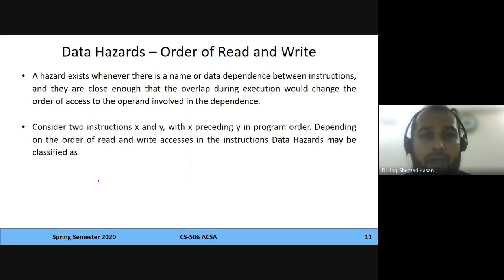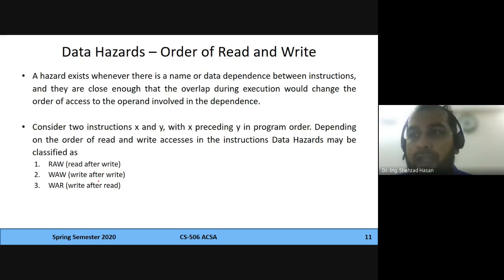Right. So this was the main thing that I was trying to bring you towards, and these data hazards can be written in a different way in the orders of reads and writes. So we have talked about dependency, and then there is another way to write those data hazards in the order of reads and writes. So there are three types of hazards: the RAW hazards, the WAW hazards, and the WAR